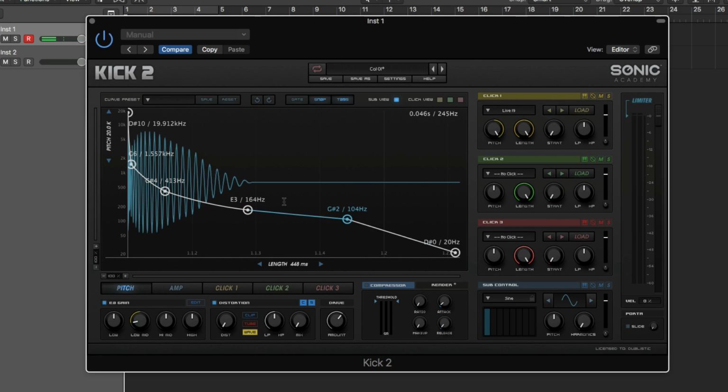So you want to figure out what key you are writing in, right? For instance, in drum and bass, you often have F minor. So you would put this on F, which would be the fundamental, but you can also put it on the third, which would be an A, for instance, or the fifth. Just keep it in key,